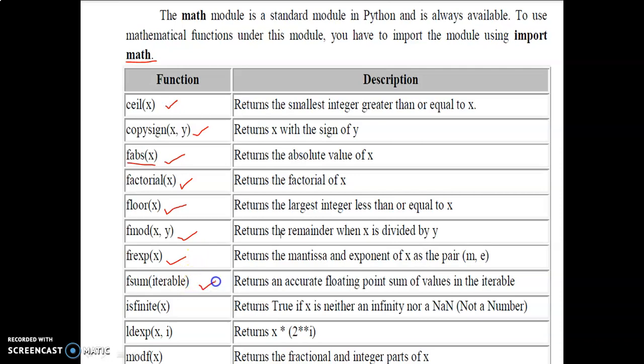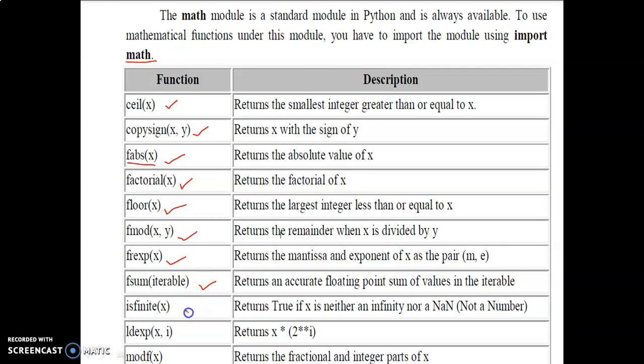And fsum gives us the accurate floating point sum of your given values. Whenever you give a list of float values, it gives us the accurate floating point sum without losing precision.